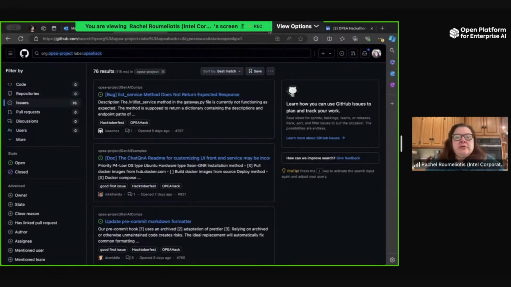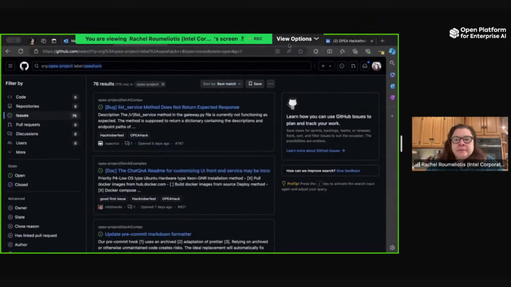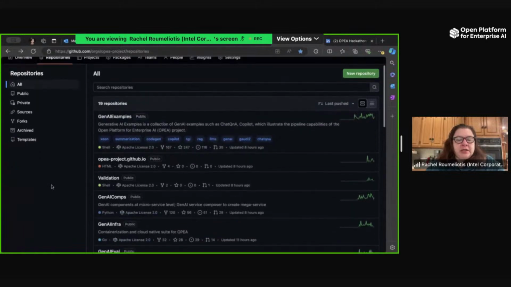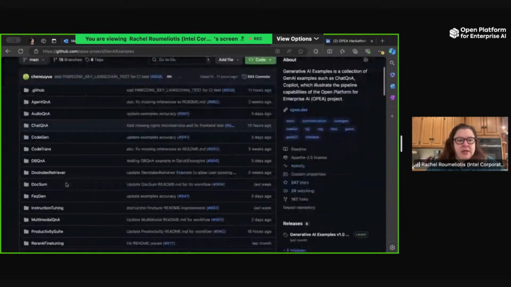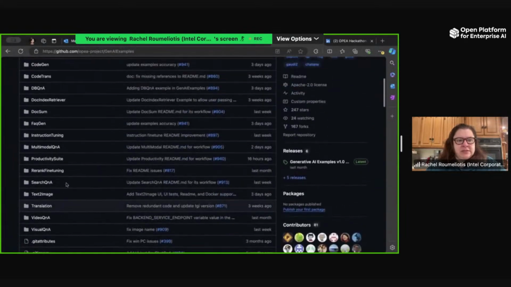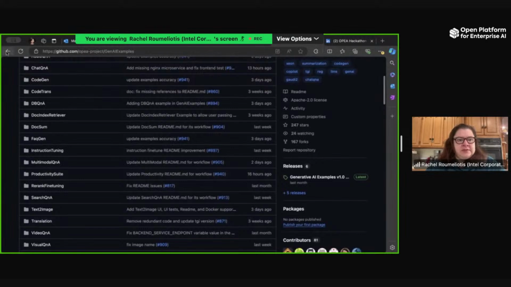So the only other thing I wanted to show, let me see, this is always difficult to see. I just wanted to look at the main project again here for anybody that's taken a look. Here is where you can see all of the different examples that we have. I think we have 16, 17 of them. So you can see there.